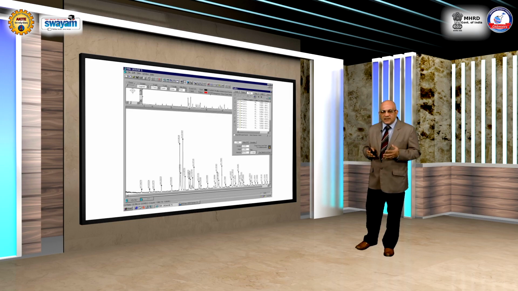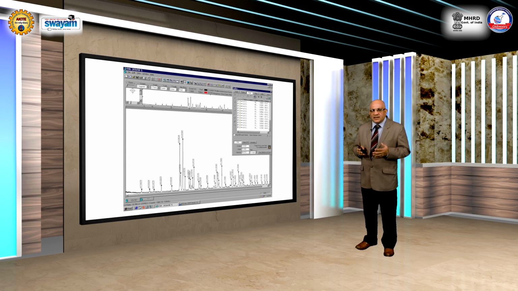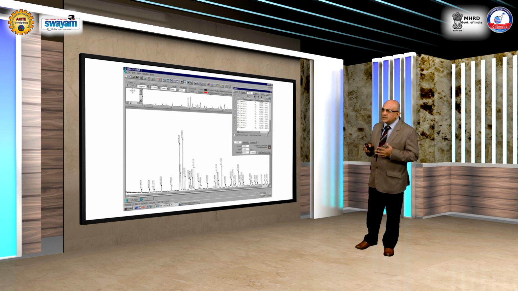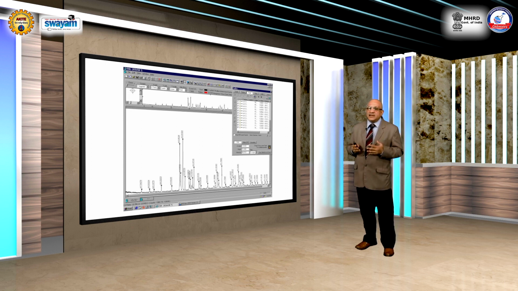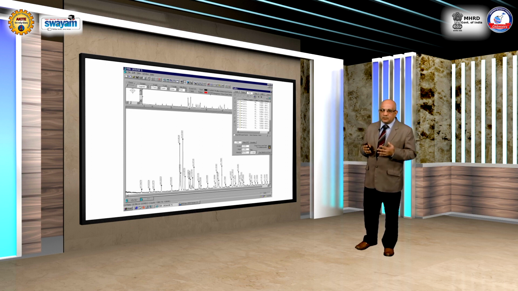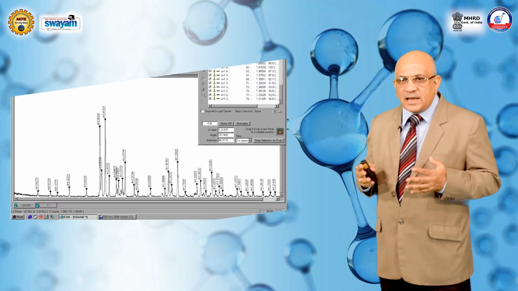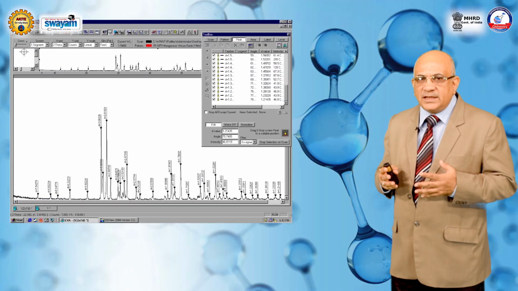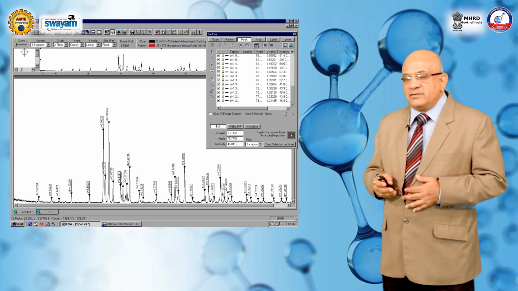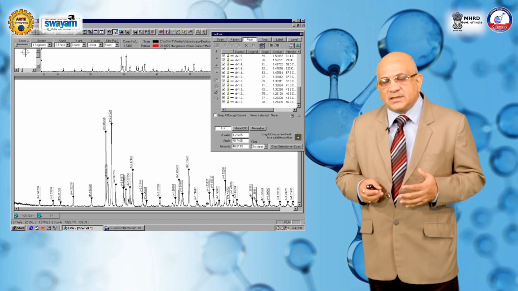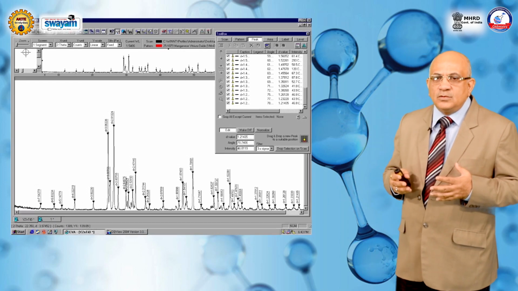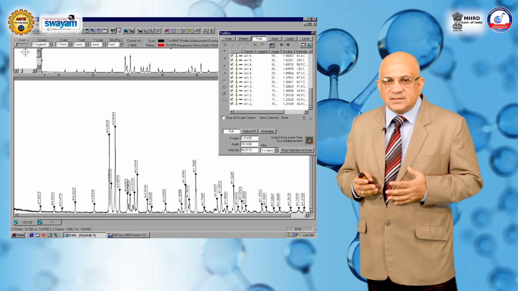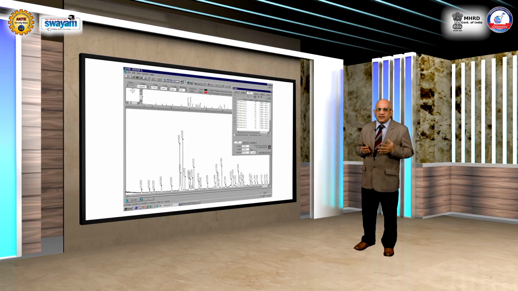You can see that there are several peaks, and each peak can have a number, which is basically the d value, calculated by the software automatically. This is a snapshot of your computer screen where the software, which is given along with the diffractometer, is being used to map the various reflections of the X-ray diffraction which has occurred, and you can also pull out